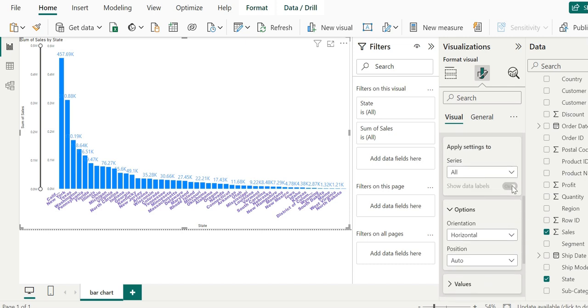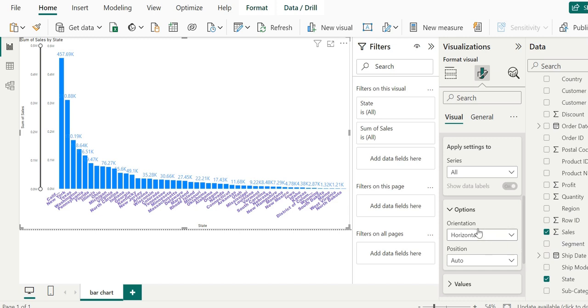If I tweak the series, it shows all. Similarly we have options of horizontal and vertical.